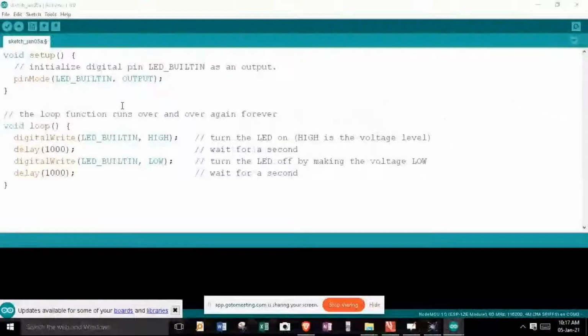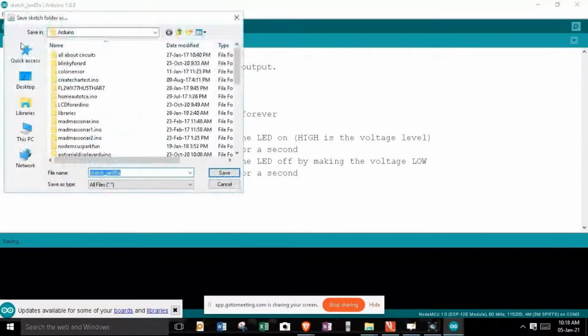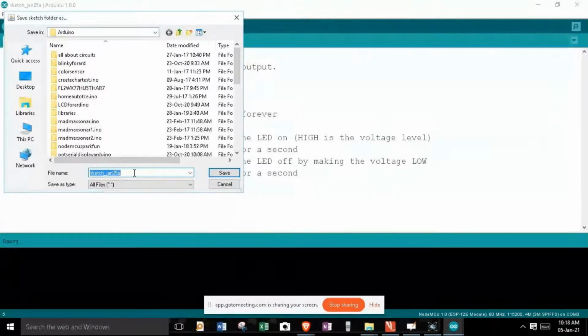So after doing that, we'll compile this program first, and before I do that, let me save this program. I'll give a relevant name, Blinky for Proteus. For Proteus, I'll use the short form Blinky for Pro dot ino.